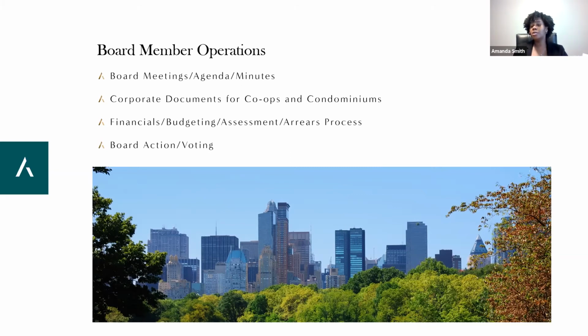But if for some reason that third month rolls around and now we're on the 20th, after the 15th of the third month and there's still no payment, I usually like to send that one last letter that says, if we don't receive payment in the next 5 business days, we will send your account to legal for further action. And then if we don't hear from them by that date, then I will send the ledger and everything that's needed over to whoever handles your arrears, that attorney, and so they can start to put together the demand notice and whatever legal letter needs to go out. So that's how typically it goes.